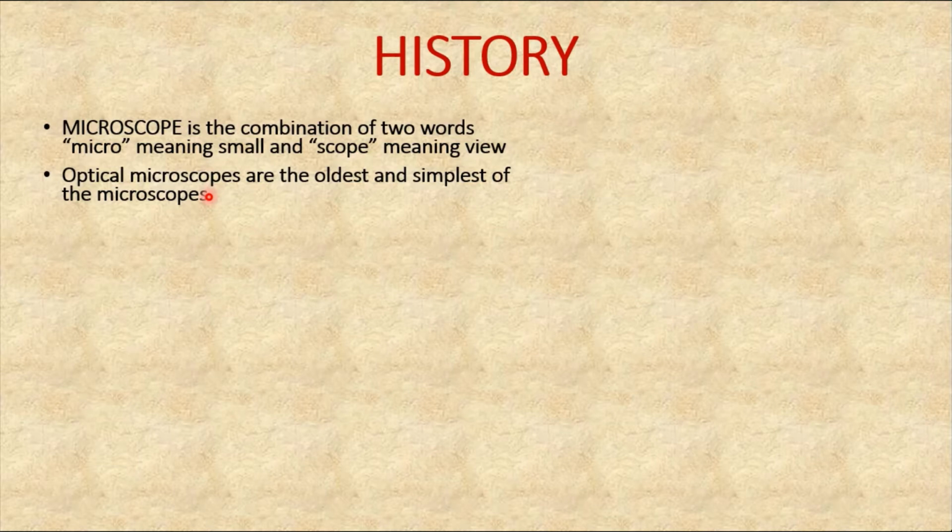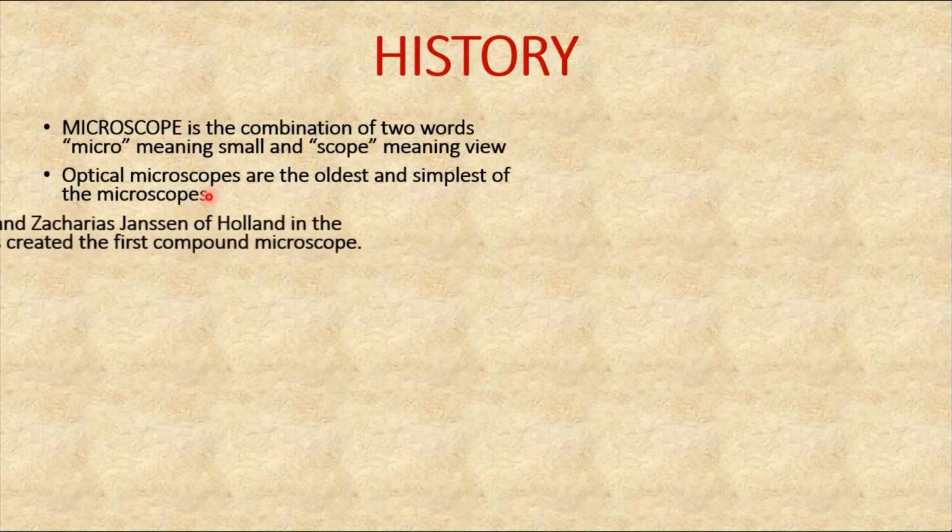So the present day microscopes we are using in biological laboratories have been developed over the course of several centuries. That means it was not made instantly. It took many years to come to the advanced type of microscope that we are using at present. Ancient Romans, Greeks and Indians had known lenses of glass and quartz. In the 14th century itself, spectacles and single lenses were used as magnifiers,